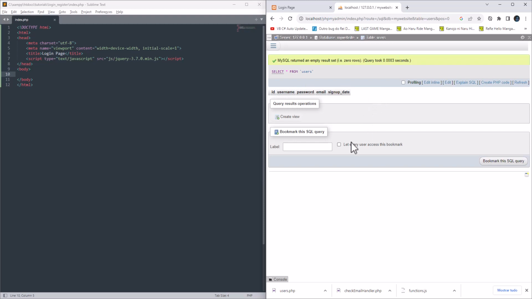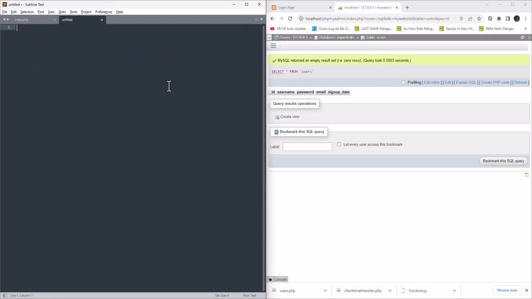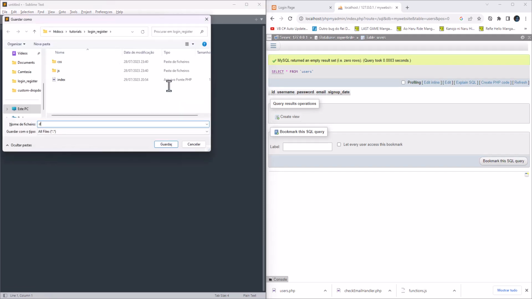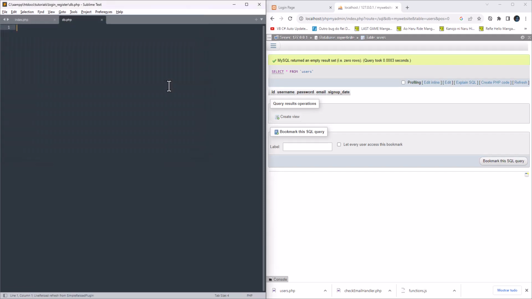Now we are going to the next step, which means creating a file with the name db.php to check the connection of our database. So let's create this database file. We're gonna say db.php. We're gonna open it up with the text of the PHP, and the first thing we must do is create